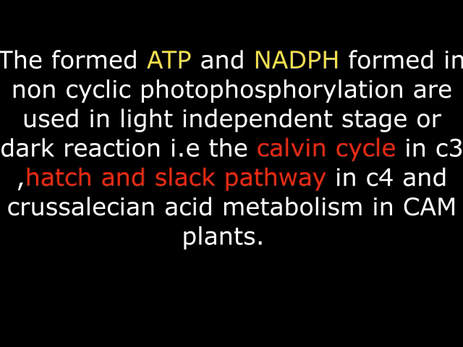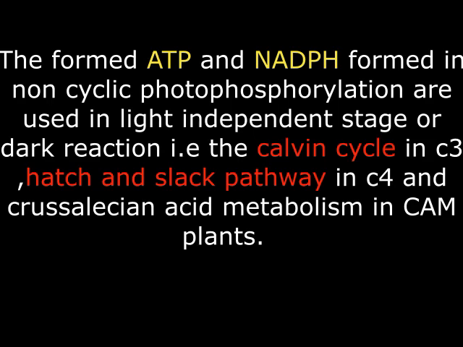Remember, the Calvin cycle we shall see in the C3 plants, then the Hatch and Slack pathway we shall see in the C4 plants, and so on. Remember, even CAM plants will apply some of the ATP and the NADPH which we have yielded from our non-cyclic